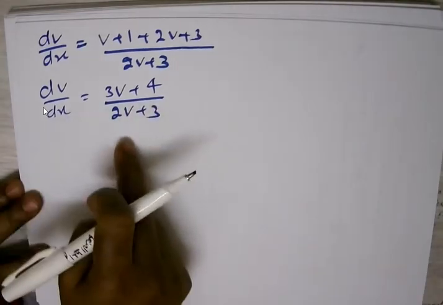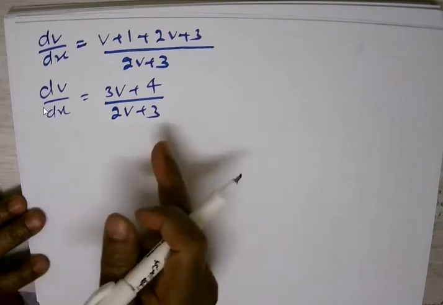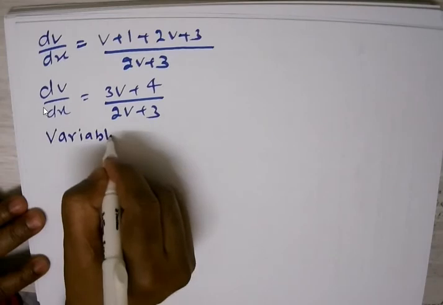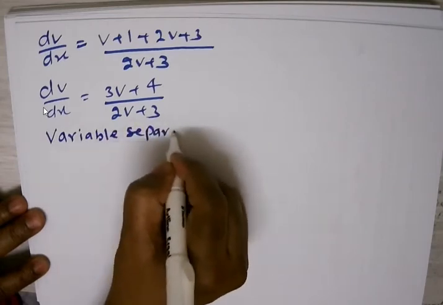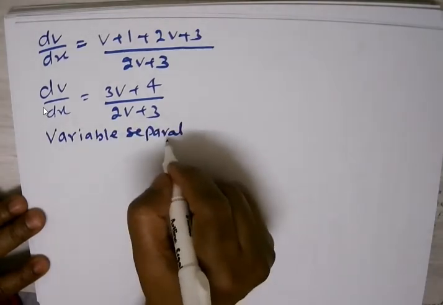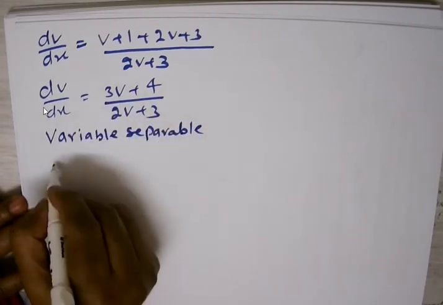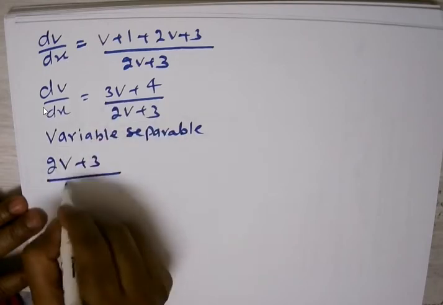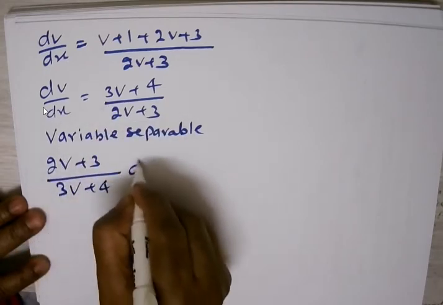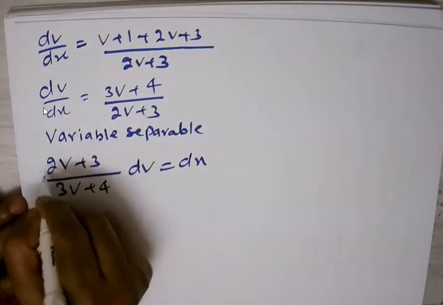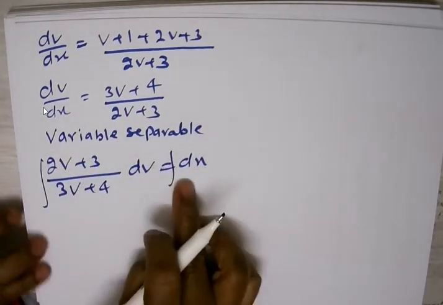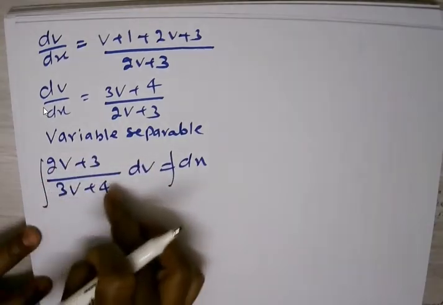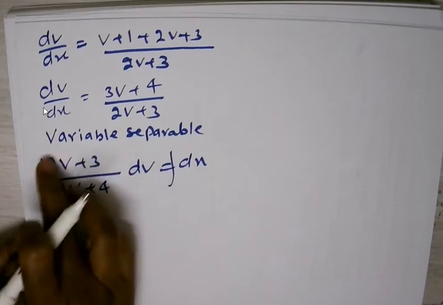Now you try to solve that. By which method? We can try to solve it by the variable separable method. Remember that one. Variable separable method is a very important method for the solution of differential equations. So what you have to do? Just put it: this comes here, 2v plus 3, and this comes down, (2v plus 3) over 4 dv equals dx, and integrate it. For the integration of that part, no problem. But for the integration of that part, there is a problem, because I do not know how to integrate it.